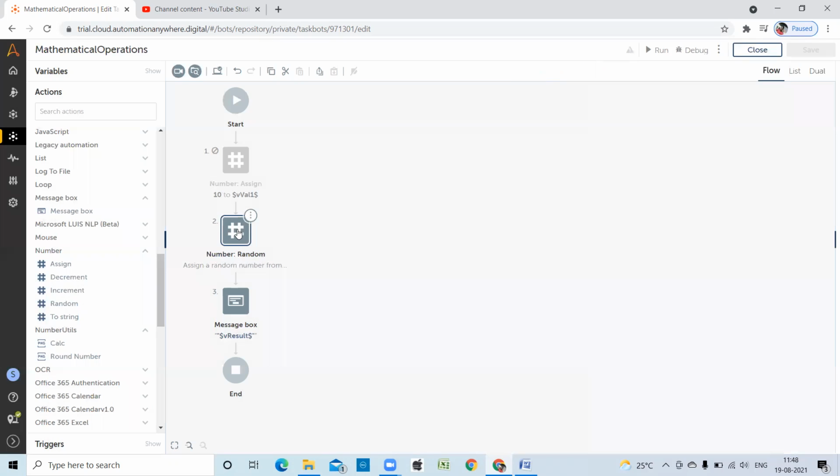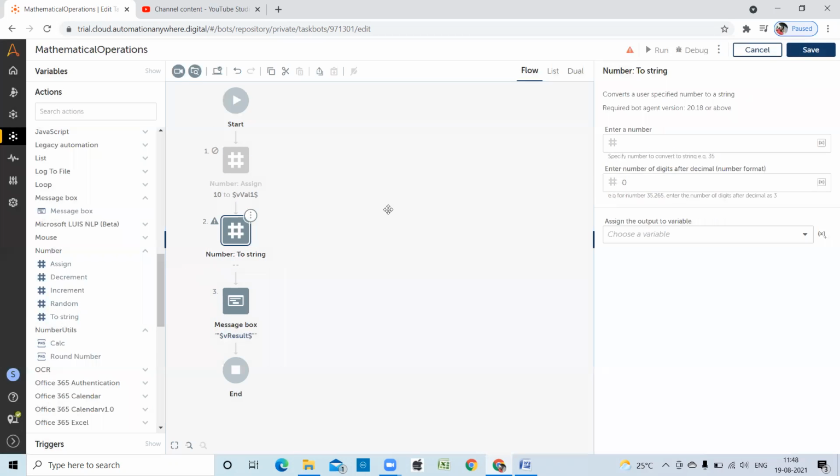Now to string. It will convert the number to string type. You can see it converts a user specified number to a string. Here they have explained the example clearly also.